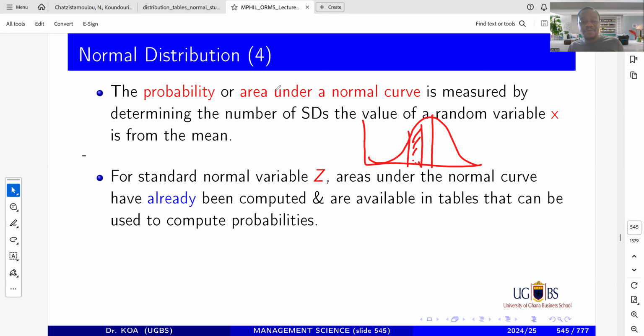But here's a clue. What Professor Gauss did is that he created a table. Of course, others have extended it slightly. He created a table that can help you to standardize any normal variable. So I'll give you an example. Let's say you take the ages of people. Some of them are 40 years. Some of them are 80 years. Some of them are 4 years.